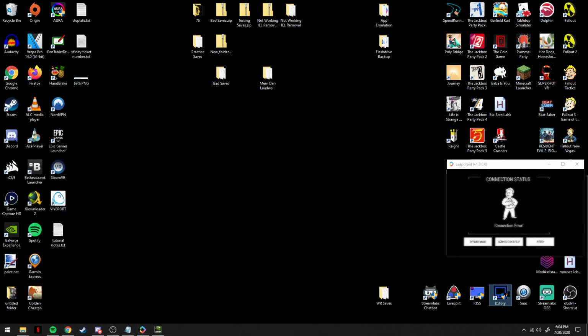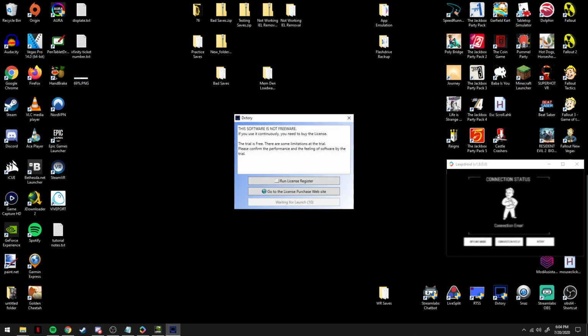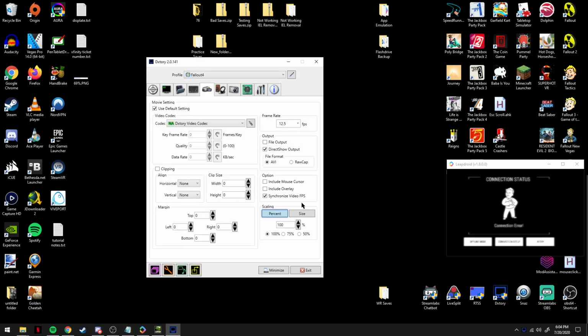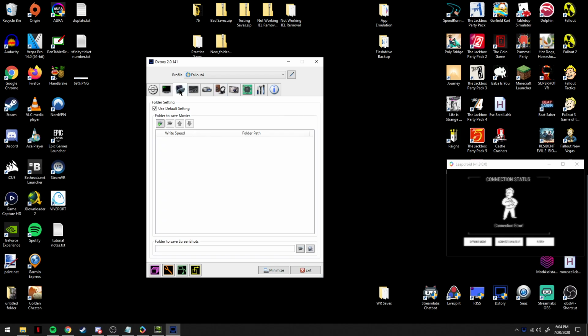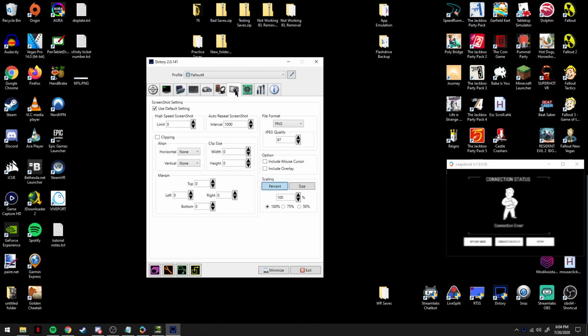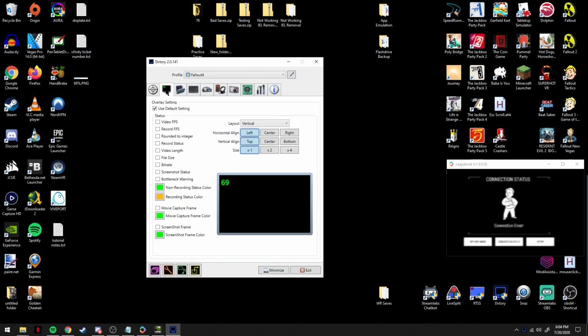I still have it installed just to show you. Once you get it installed and you launch it, it's not freeware, but their workaround for freeware is just saying, hey, it's not freeware, pay for it if you're using it continuously. But all you have to do is press experience the trial, and every time you speedrun, you're going to be experiencing a trial. Let me see, where is the important thing? So to get this set up, all you need to do is